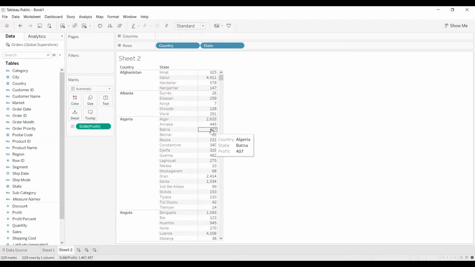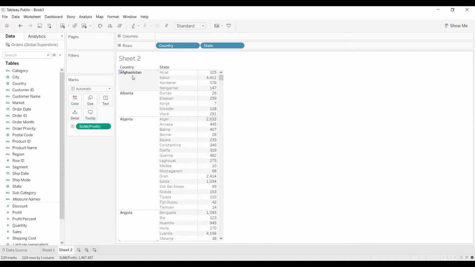So before that, what we need to do is create a set. Now the question is, on which dimension should we create a set? Should we create a set on country or on state? Now you have to check in the question on which column you need to apply the action. So here the question was that I need to click on country. So that means we are applying the action on the country column, so on this particular column, we need to create a set. So always check in the question on which column we are applying the action, so that on that particular column, we have to create a set.